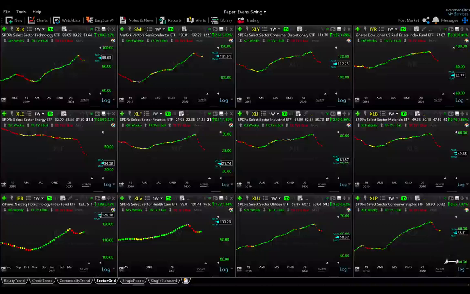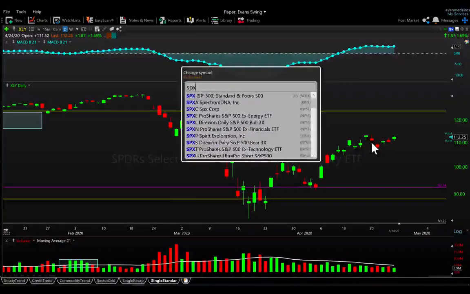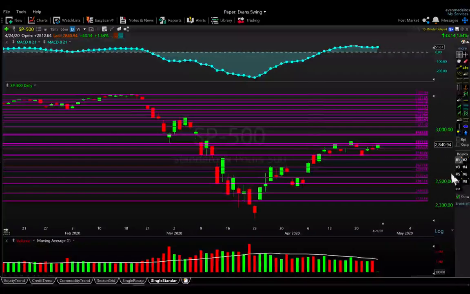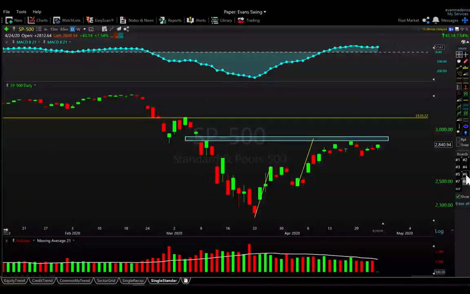Utilities negative, staples in the yellow as well. So that's a big tour around some of the bigger markets in terms of those trend cycles. Hopefully that helps clean things up. If we were to get a little deeper now and look at some of the price action in the